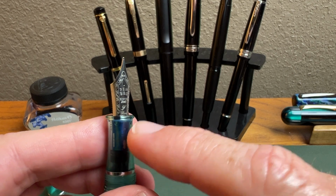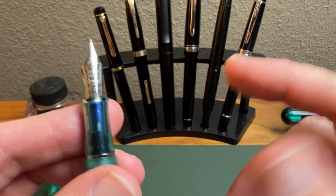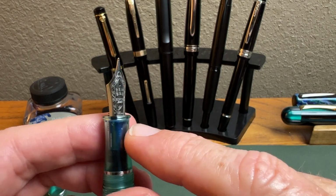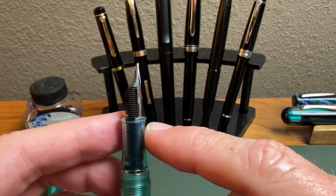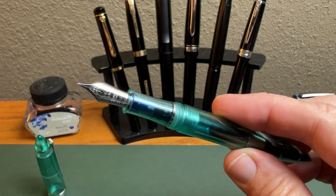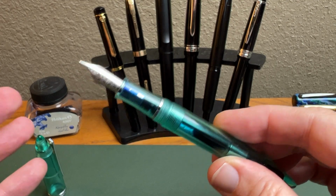I think they've gone up from $5, but about $6. And where do you find a great number 6 nib unit for that kind of a good deal? It's just a fantastic deal, and they are, again, very consistent. And with that, let's do the quick size comparison, and in that comparison, I will show you some other PenBBS